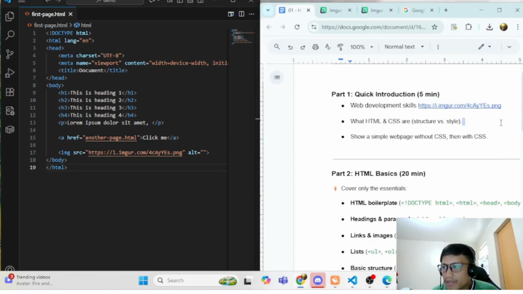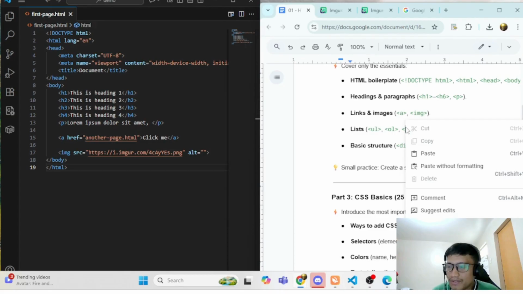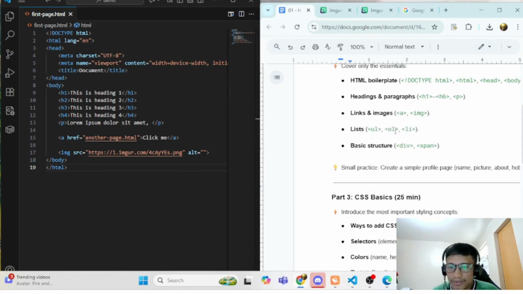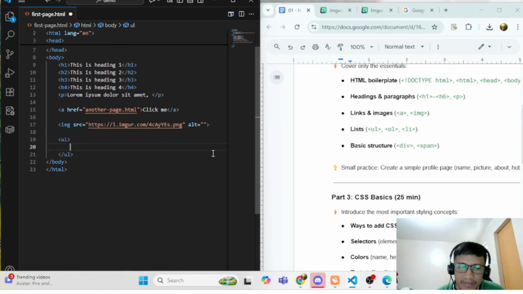We still have some more. Yeah, we have here UL, OL, and then LI. So UL, unordered, while OL is ordered list. Okay. So for UL, I'll just type UL, then UL has list items.